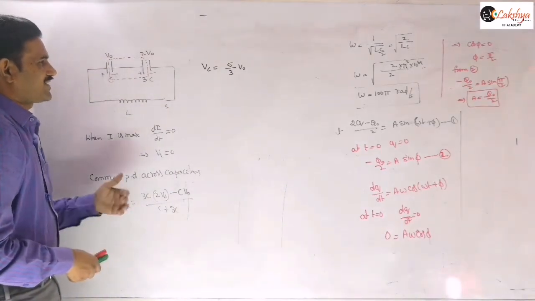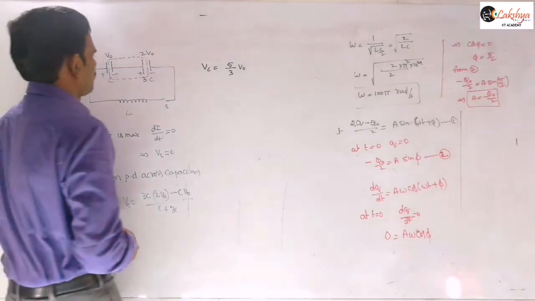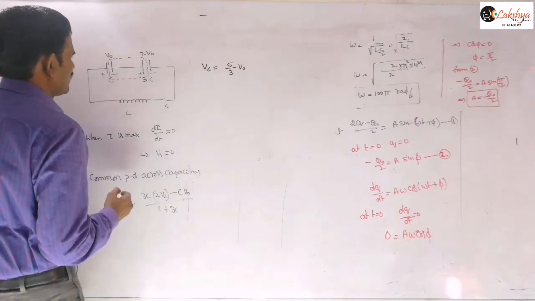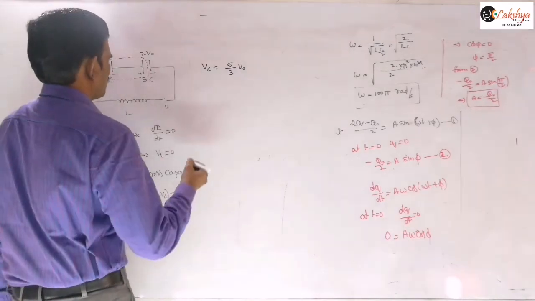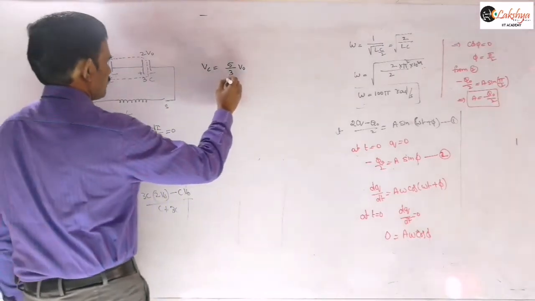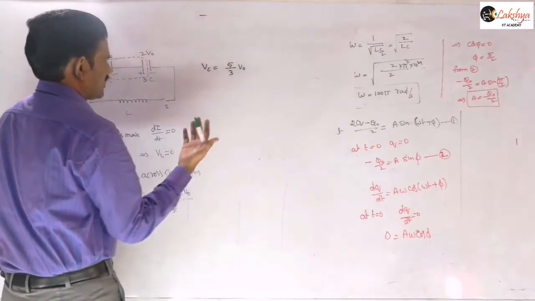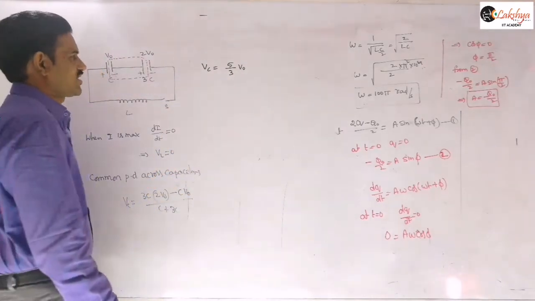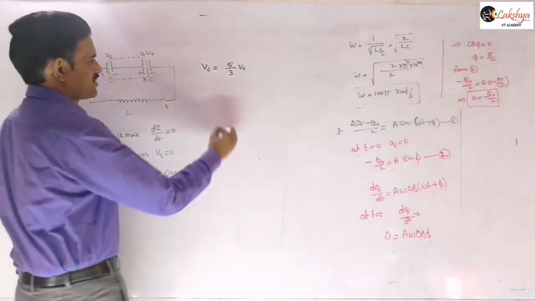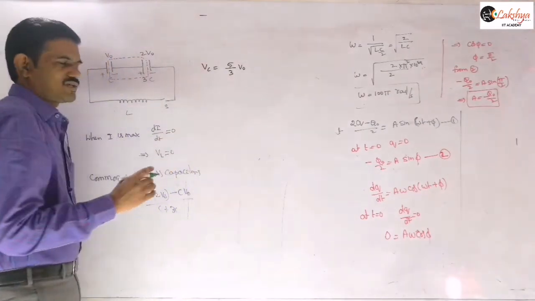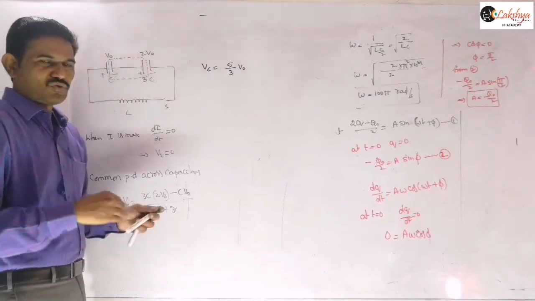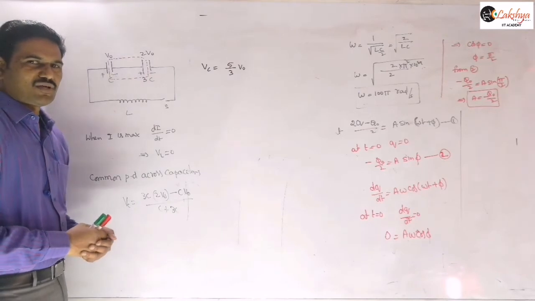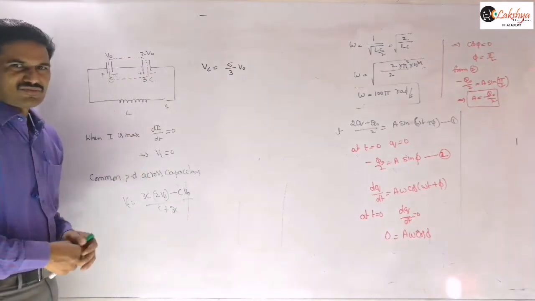And now you can find the charge on each capacitor. With the common potential difference across them, you can write the charge on each capacitor. For conservation of energy, directly you can write in terms of this potential difference. If you want, you can find the charge on the capacitor and use Q square by 2C. If you know the charge we write the energy formula as Q square by 2C, otherwise we write half CV square.